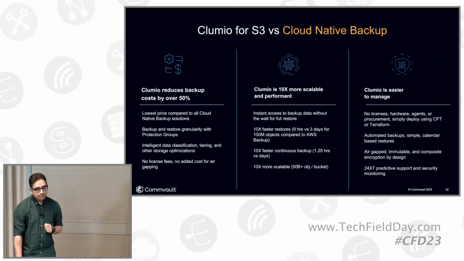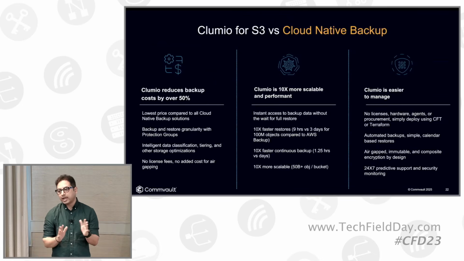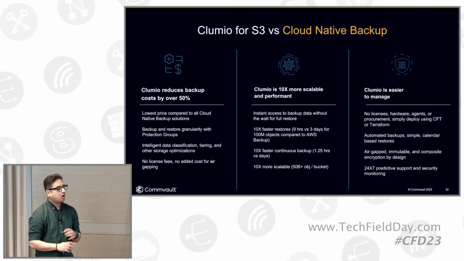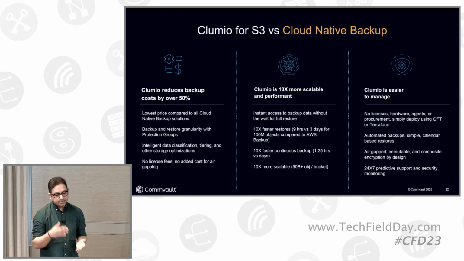And the other important thing that I wanted to talk about is protection groups, right? So with all the other backup offerings out there for S3, it's all or nothing. You need to protect the entire bucket or not. But then we have something called protection groups that lets you choose the backup and restore granularity, right? You can slice and dice your S3 bucket and then back up and restore only a small slice of it if you wanted. Again, these slices can be based on various vectors like tags, prefixes, regions, and so on. We let you back up and restore through protection groups.